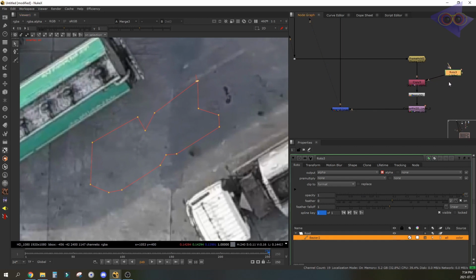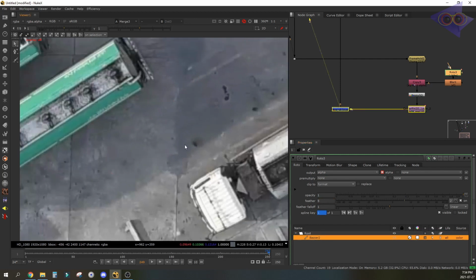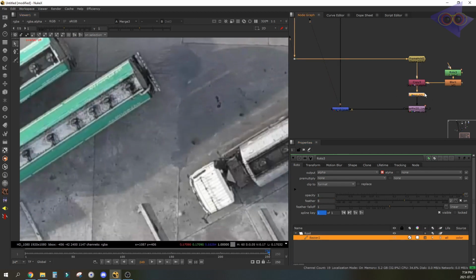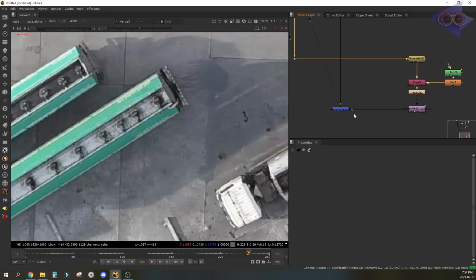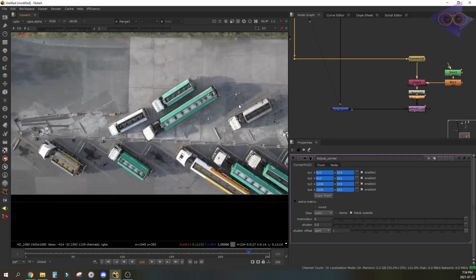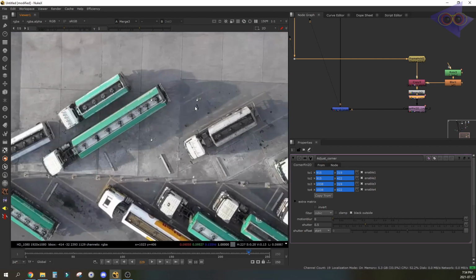Let's blur a bit because we can see the edge is not matched. Cool, so sometimes blur won't help to cover up your mistakes. I'm going to use the same adjust corner tool to adjust the clean plate to the other frames. Stay here.